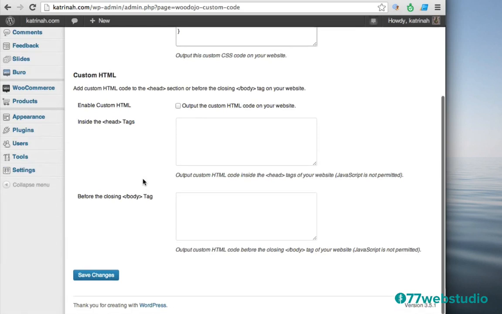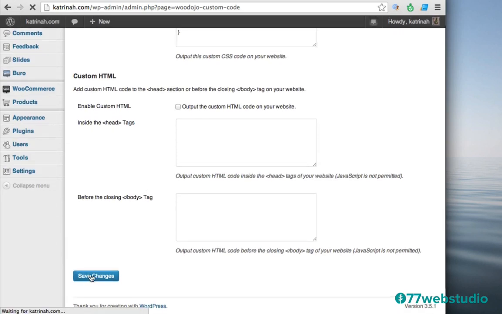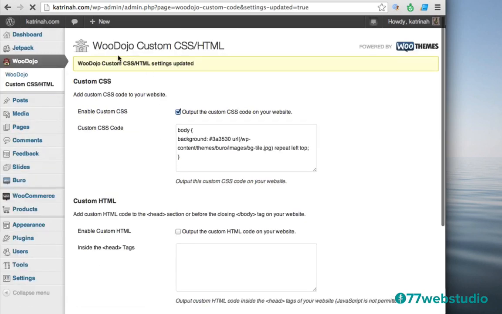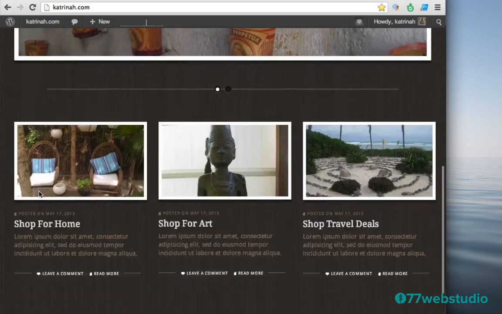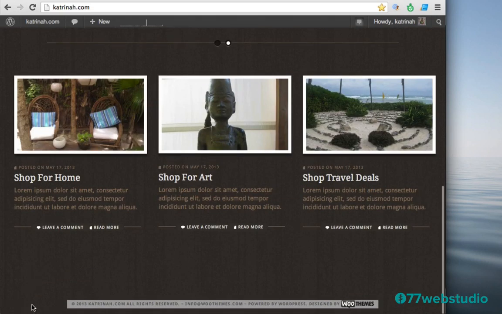Then you want to come down to the bottom here and you want to click on Save Changes to save the changes. Okay, once the custom CSS settings have been updated, let's go check it out now by clicking on Visit Site. And now when we scroll down, we'll see that the entire footer is now the right color. The only catch is that this background is not how I want it to be, and I also want to change the footer content text in general anyway.